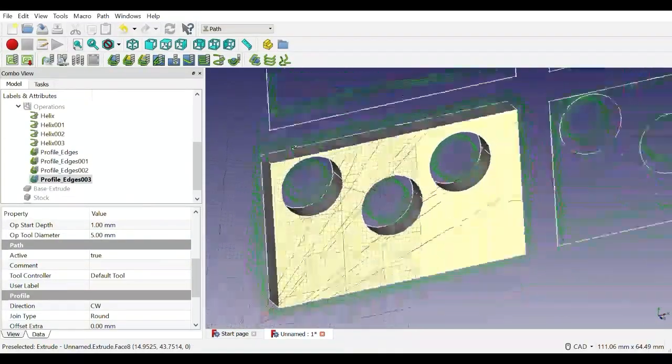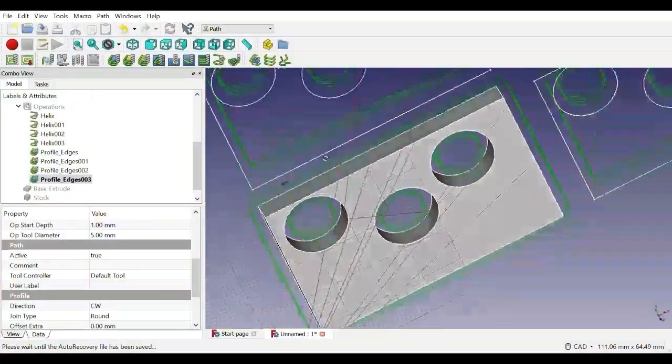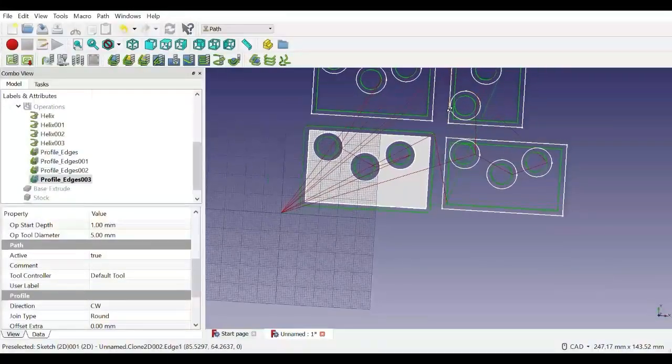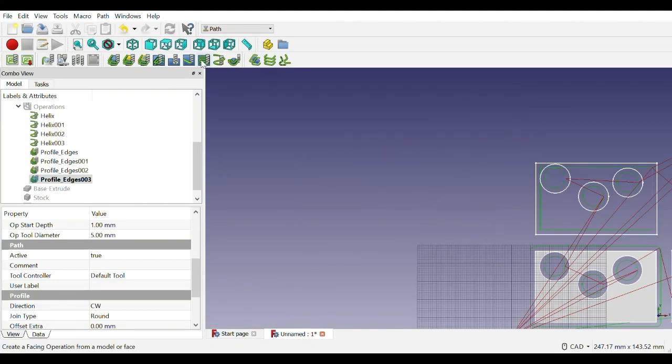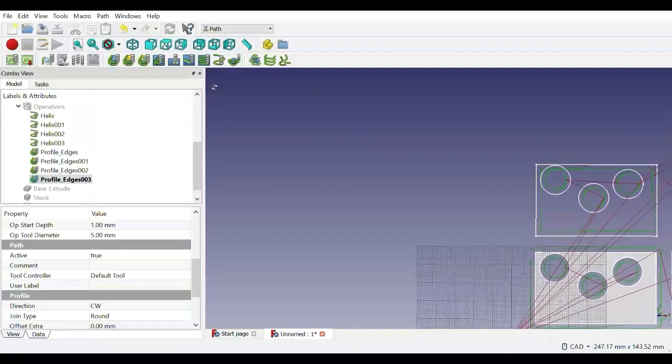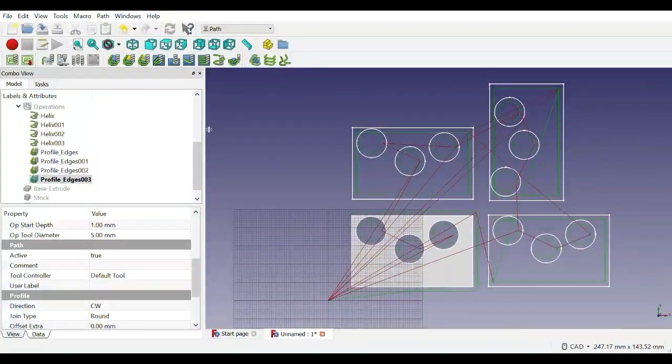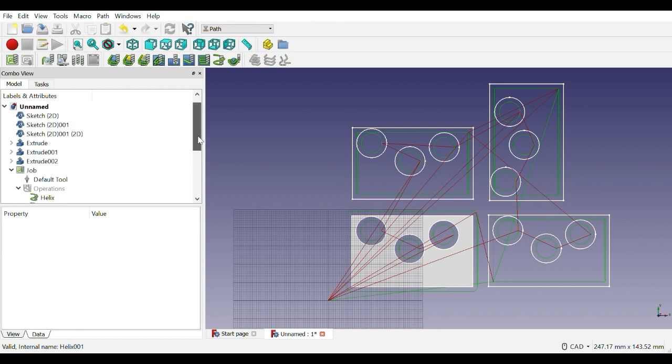Okay, so now we have all our tool paths on a cloned bunch of objects. Now, let's say you started your CNC machine, and you figured out, oh, these holes are too big. They don't quite fit my screw or whatever. I just go back to the original sketch. Don't go to the clone. Go to